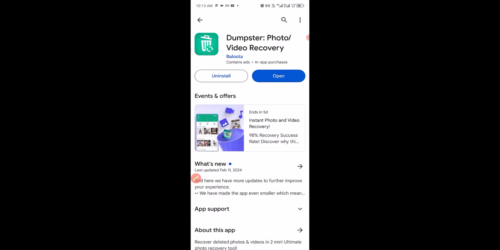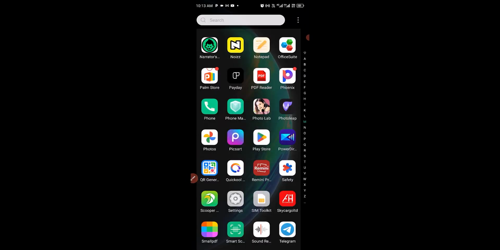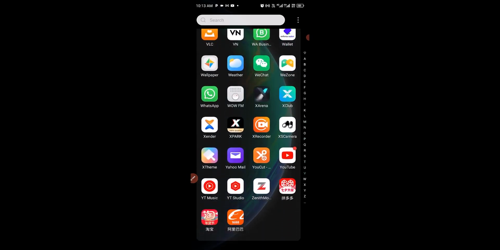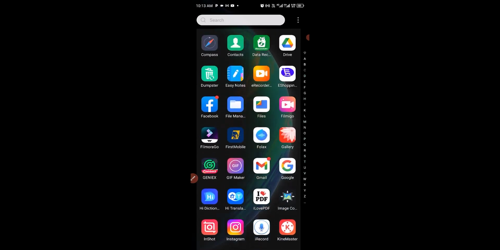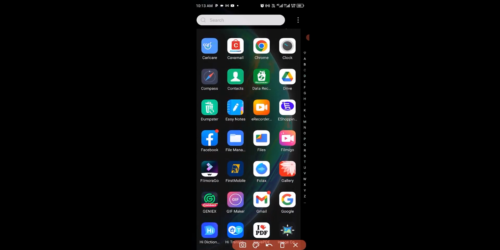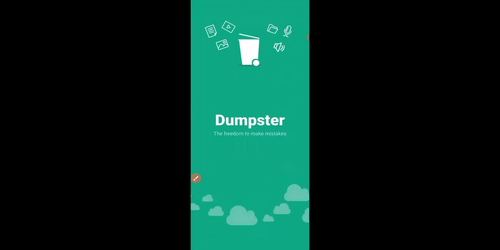So you can see I've already downloaded and installed this app. After you have successfully installed and downloaded the app, you can exit from your Play Store. Then from my phone screen right here, let's take a look at the app icon. So, Dumpster. This is the app icon. The next thing I'm going to do is click on the app,